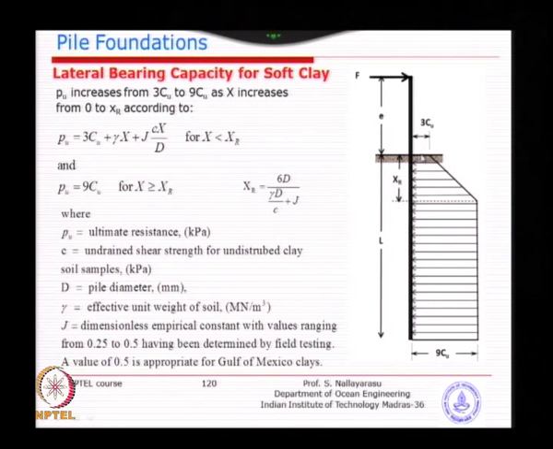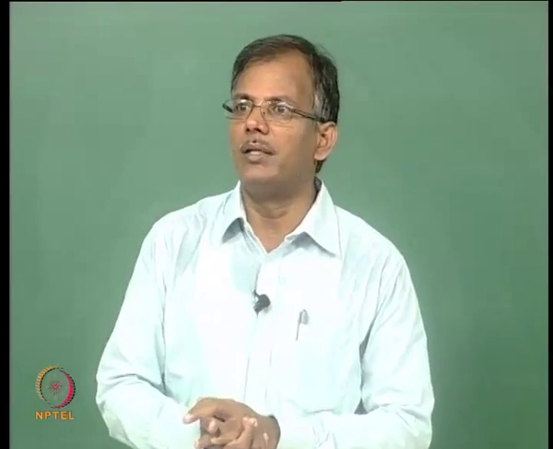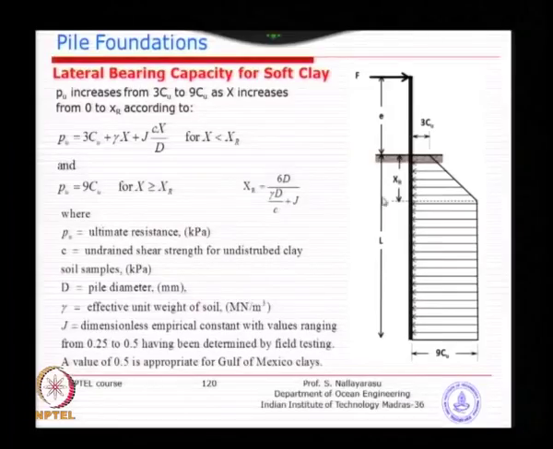X is the distance from the surface of the seabed. So, as you go down, it will be adding an additional component, which is basically nothing but your overburden component, like what we have done earlier in the case of sand. If you look at Nq times P naught, P naught is your overburden pressure at the depth at which. So, in this case you can see here 3 Cu is a starting point. Suppose you want to find out the capacity just at the seabed area. So, you can see x is 0.